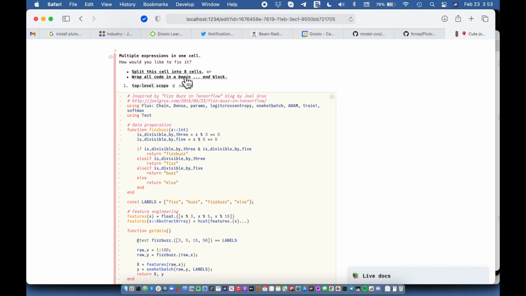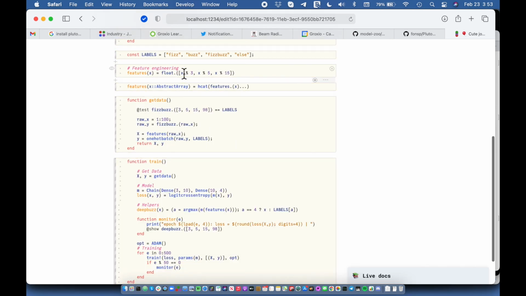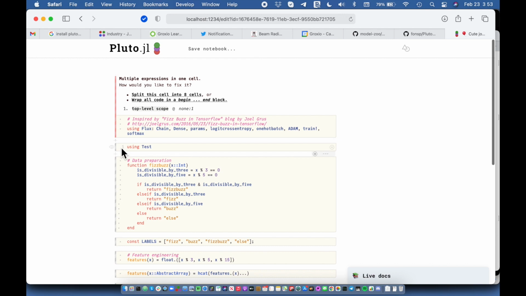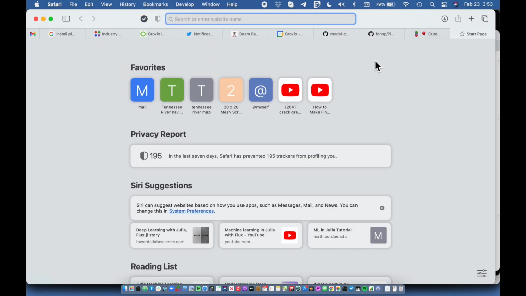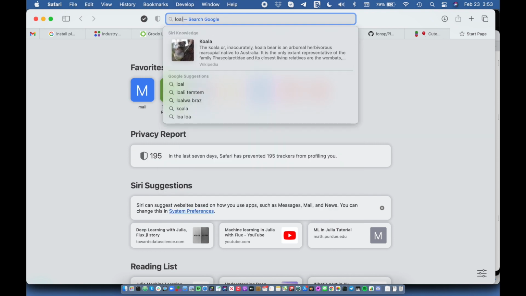Well, I could wrap it up, but that wouldn't allow me to take it apart and play with each individual element. So what I'm going to do is split it into multiple cells, and you can see that these cells are running piece by piece. So that's one way to do it. But what I'd rather do,